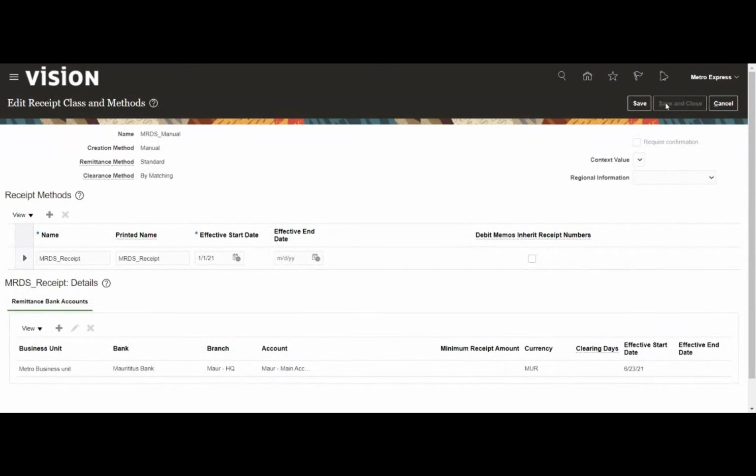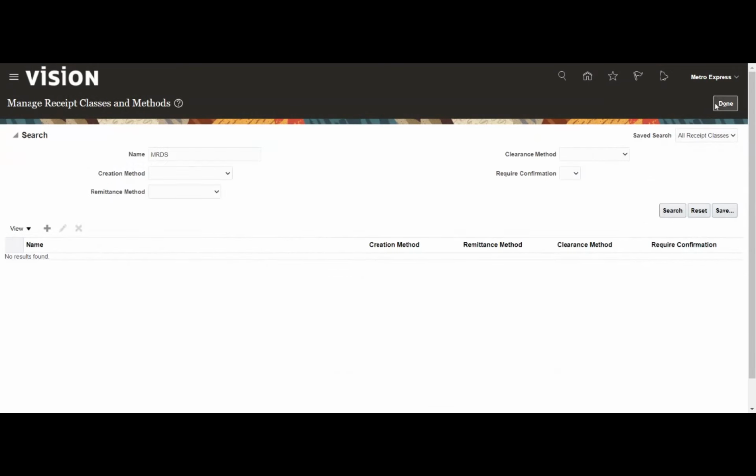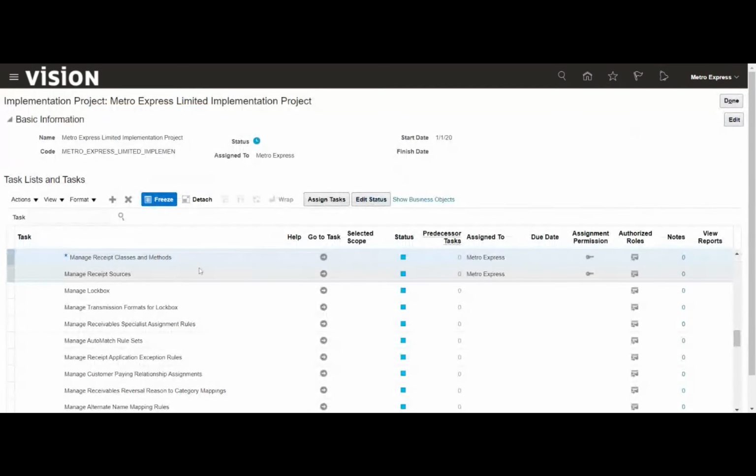Okay, so we have created the receipt method, and now we will create the receipt source.